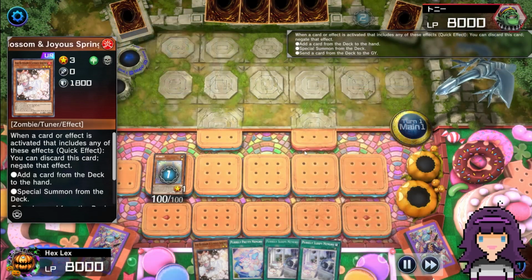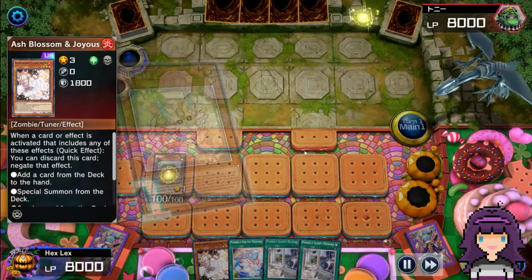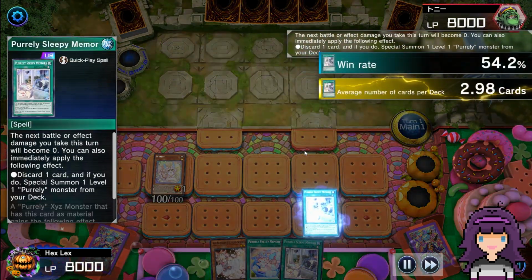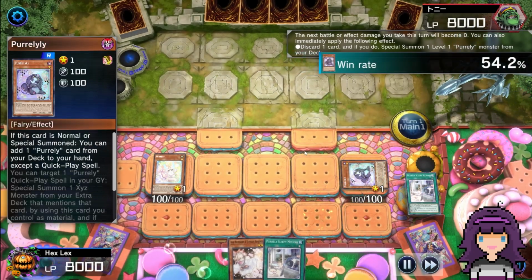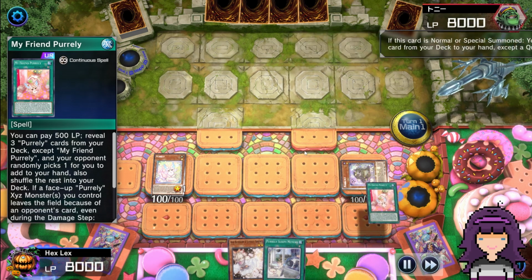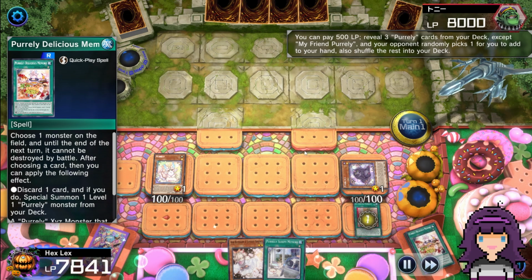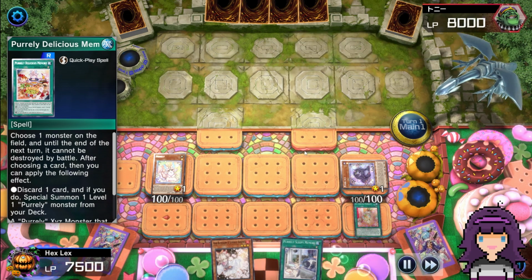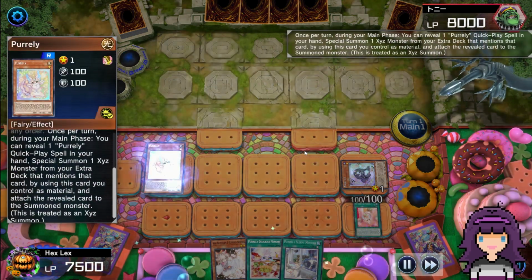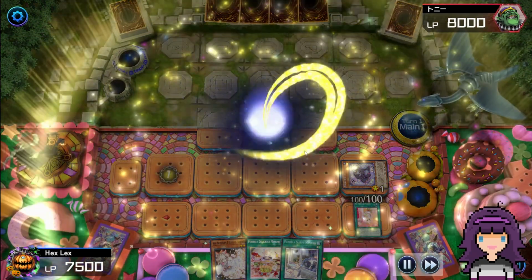So, opponent's going to Ash Blossom on the Purrely, which is a really interesting Ash Blossom choice. I don't think it's 100% wrong, but I don't think it's right either. I usually just save it for the My Friend. I think that tends to be correct almost every time, but I can understand why my opponent would want to do it on Purrely here, because sometimes you Ash the Purrely and your opponent just has to end their turn. I think my opponent was maybe banking on that here, but